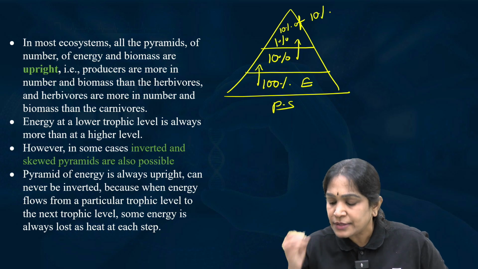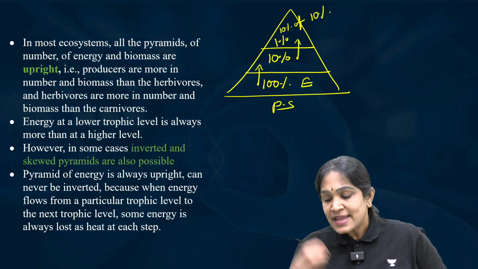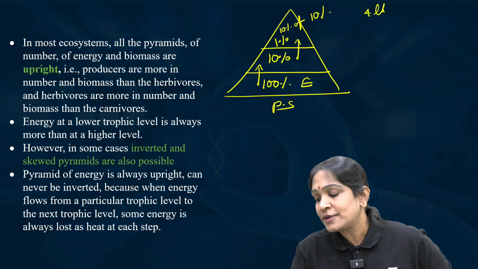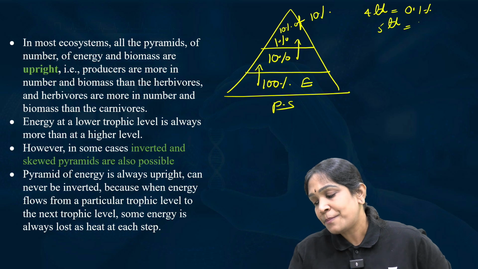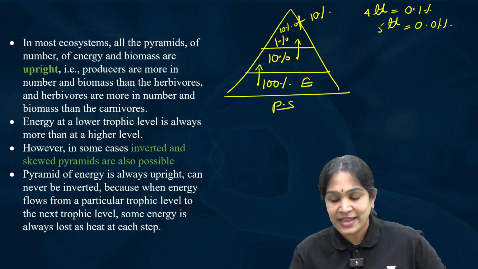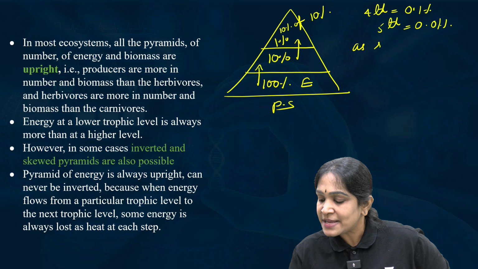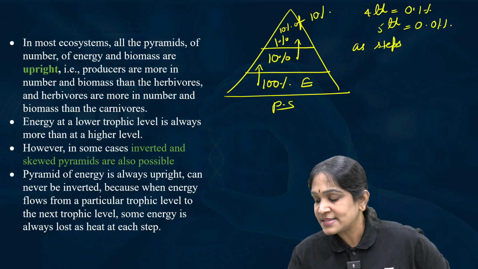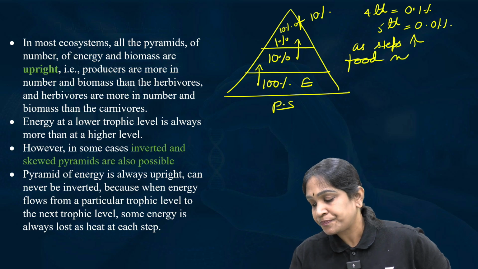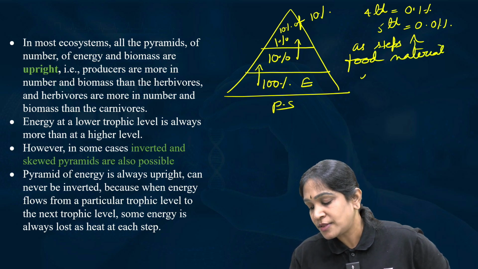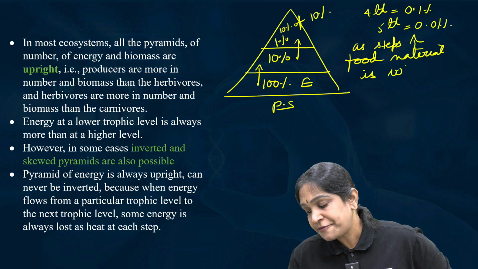Only 1% goes to the third level. It means the fourth level will get only 0.1%, the fifth level will get only 0.01%. It means, as the steps increase, the food material is not enough